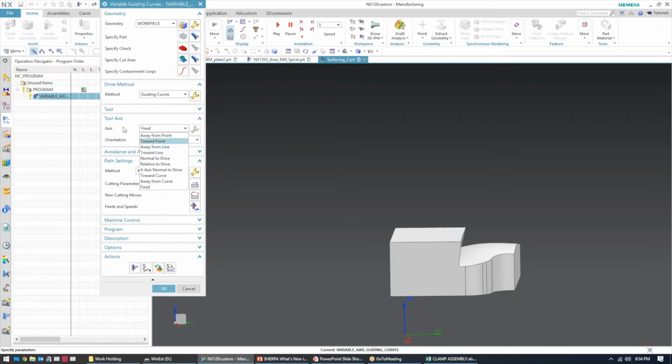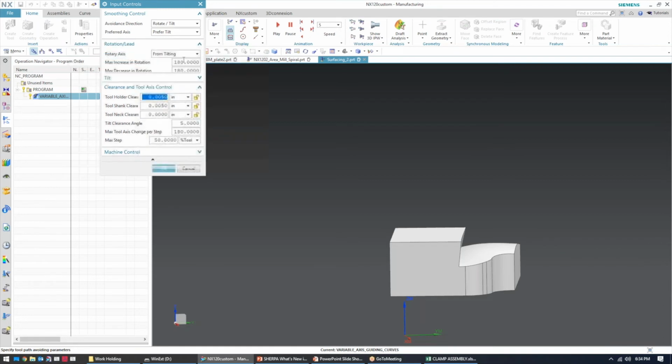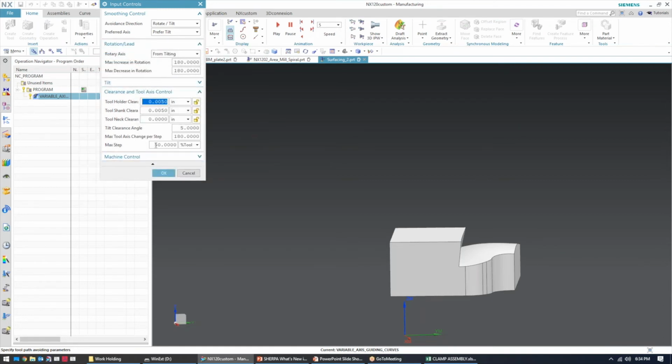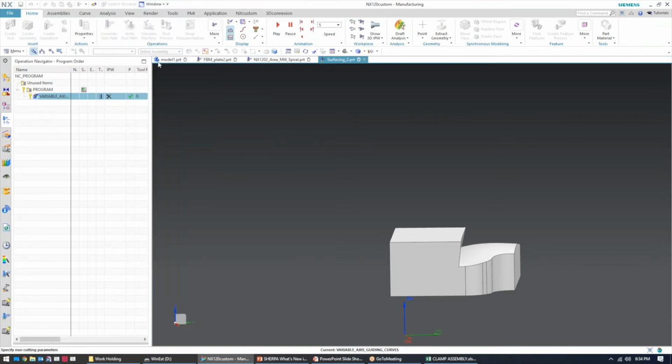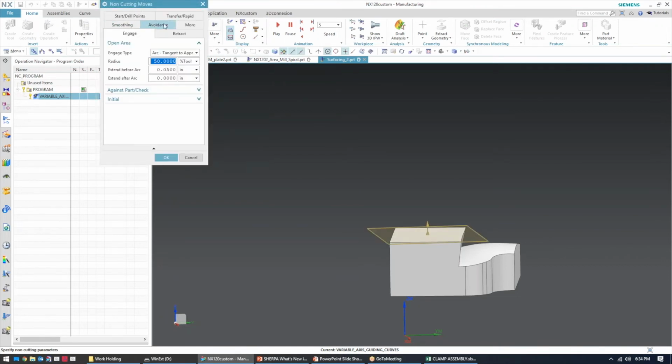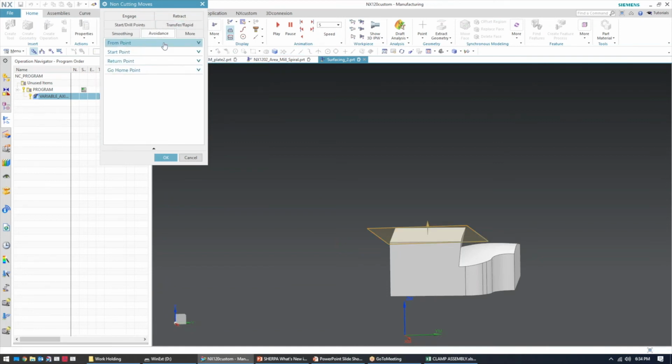In the avoidance? So if you want to stay fixed in an axis, and in the avoidance you only want to tilt in a certain axis, yes. That goes down inside this axis smoothing, and inside here you can tell it what you want it to tilt. You can get pretty deep into there, and then you can also go into your avoidance area. Depending on what you want to do, you can set different regions. You don't typically use this too much, but you have a lot of power in here